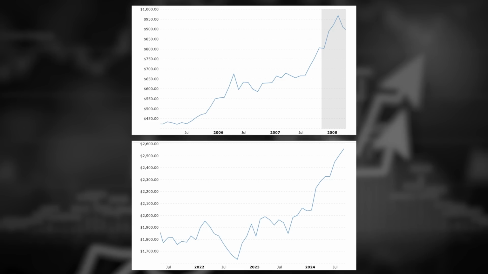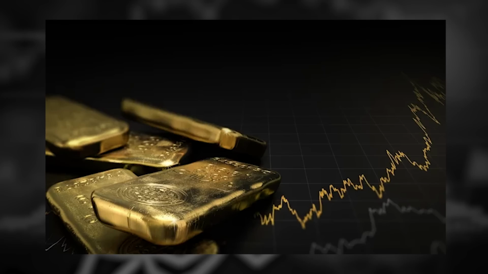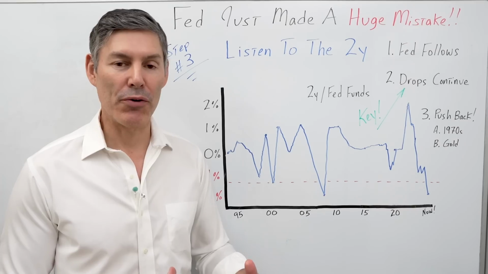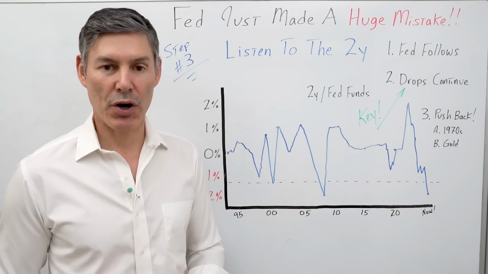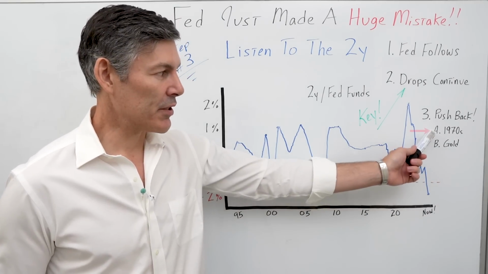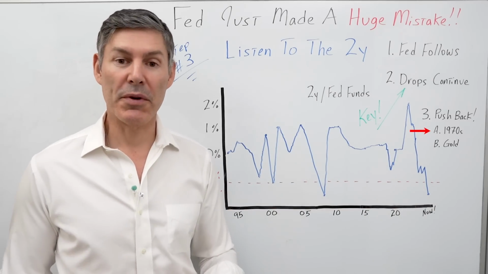I want to compare a chart of the gold price over the last, let's say, year and a half, 2 years, and look at the gold price prior to the GFC. And you can see that these charts line up almost exactly. So the fact that gold is ripping higher isn't exactly proof in and of itself that the Fed dropped rates too early. And now let's go ahead and look at the 1970s, because the argument there is, well, we had